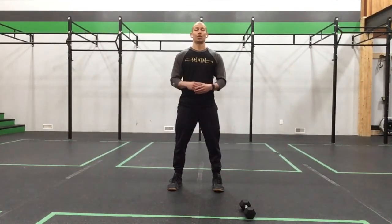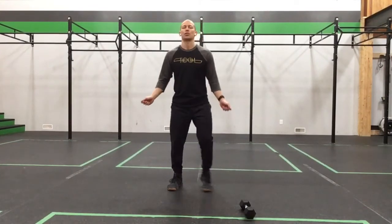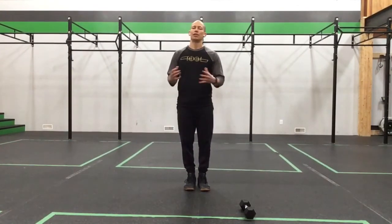Now the skip, you can skip away for 20 seconds, practice your double unders if you'd like, do whatever you need to do, but we're using this to warm up our rebound, warm up our legs to get ready for the workout to come. As a quick recap, we have calf raise for 30 seconds, loaded or unloaded,